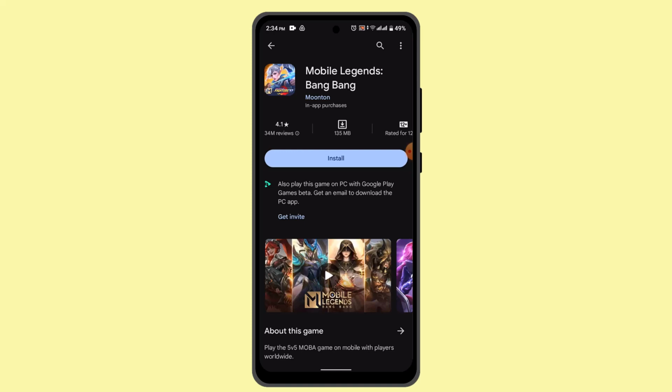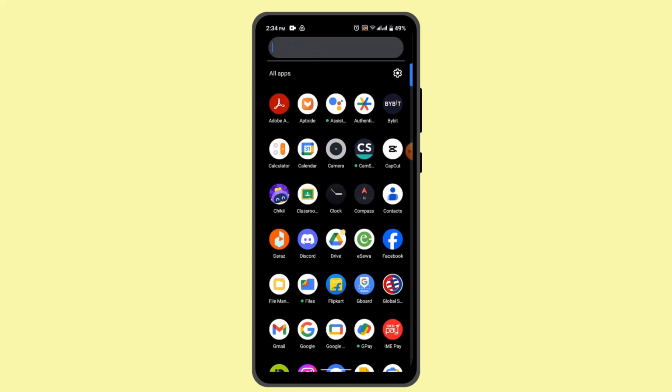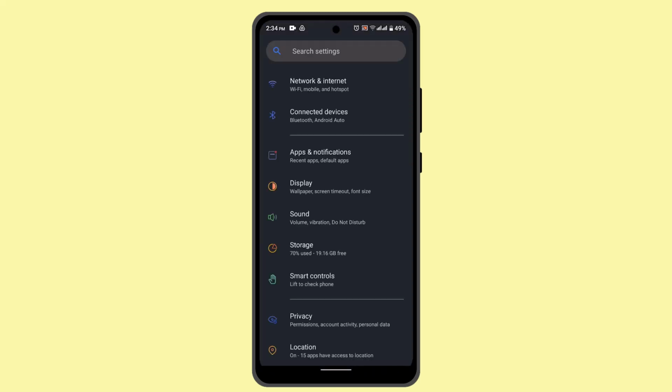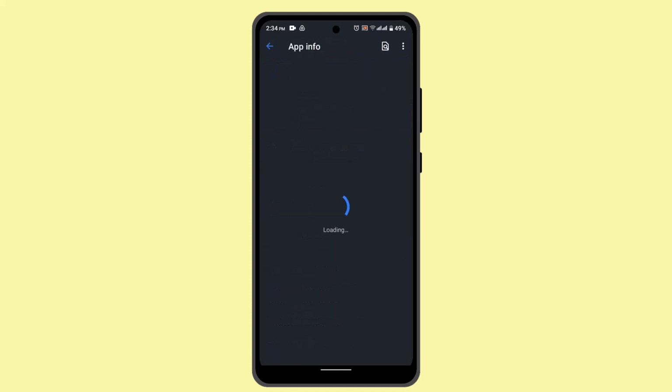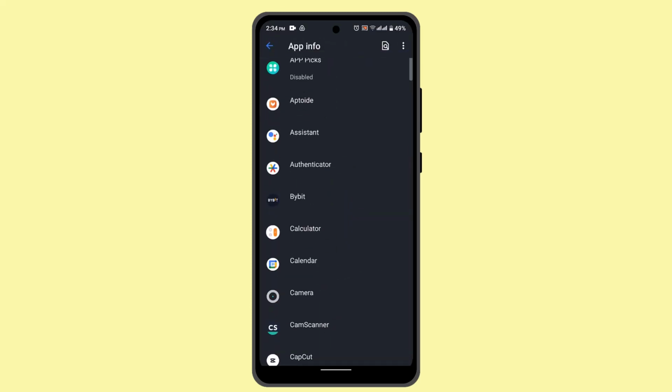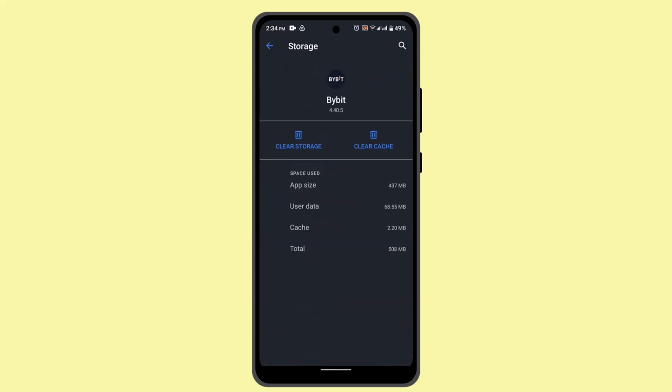And if the update doesn't seem to be working out, then you can also try clearing your cache as well as data. For that case, go ahead and open up your settings, and when you do that, you need to go ahead and locate apps and notification, and right on this page you need to go to see all apps, and from here you need to go ahead and locate Mobile Legends. And when you locate Mobile Legends, you need to go to storage and cache. Here you need to go ahead and click on clear cache as well as storage,